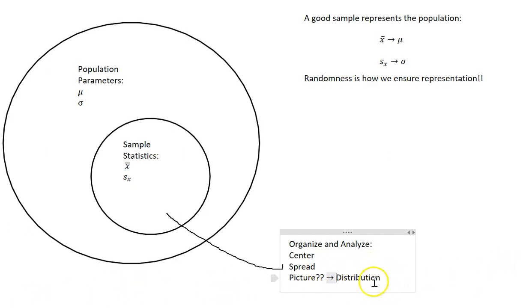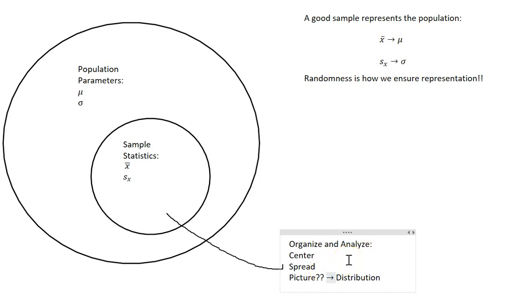If we know what the distribution looks like, we know what the graph looks like, we know what the data looks like, and we can start to find things like probabilities. We could talk about the skewness, whether it's symmetric, the range of values. We can look at z-scores. So that was the organization and analysis portion, right? So once we did that and we learned how to find